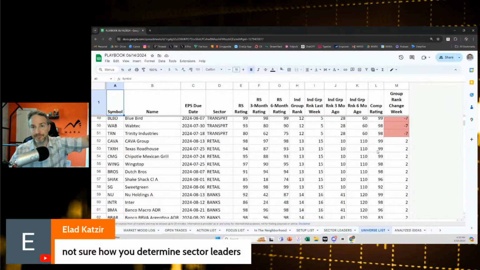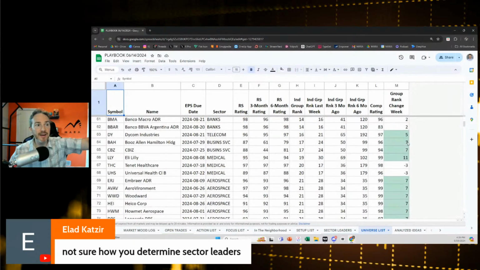Then after that, I come back over to the universe list and I look at this column here. I've got this column that just tells me the group rank change week to week. So if something is in a rapidly improving group, I want to be tuned into that. The reason why is because if a stock is in a rapidly improving industry group, then that's putting the wind at the back of that group. So, for example,